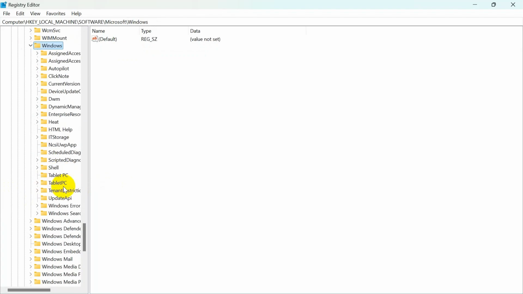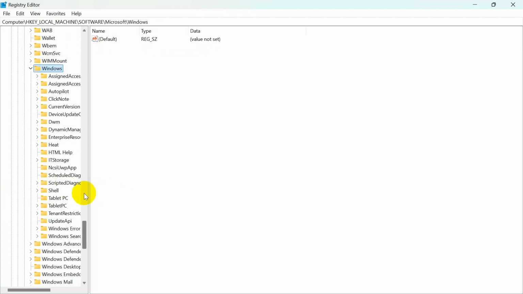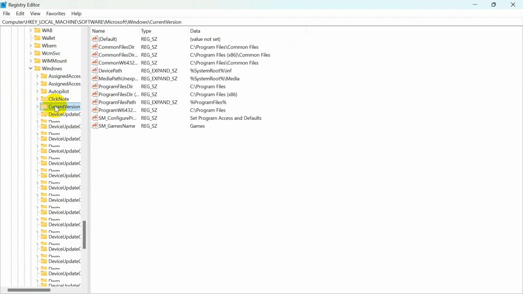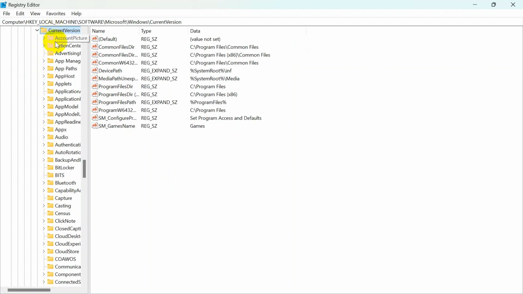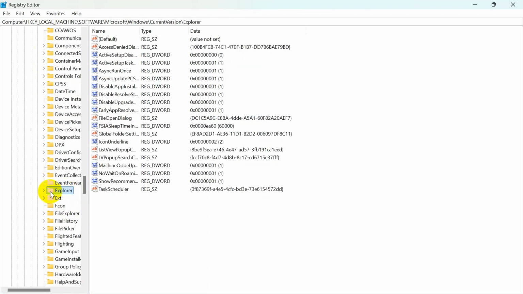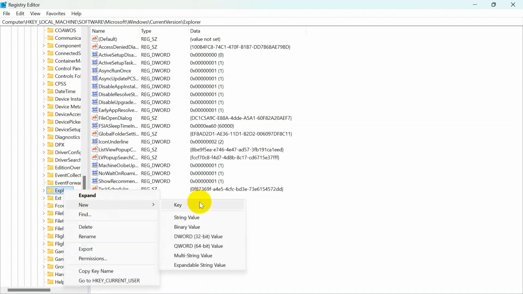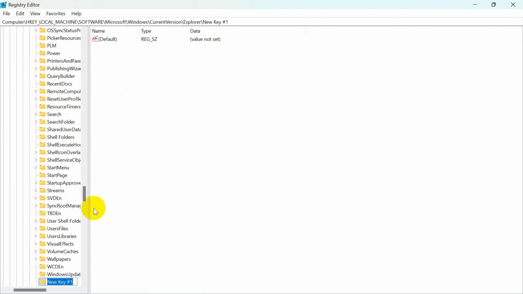And if you now open it, here you just need to go to CurrentVersion, you can see over here. If you now click on that, here we need to search for Explorer, you can see here is an Explorer. If you click your right mouse button, click on New and click Key, and if